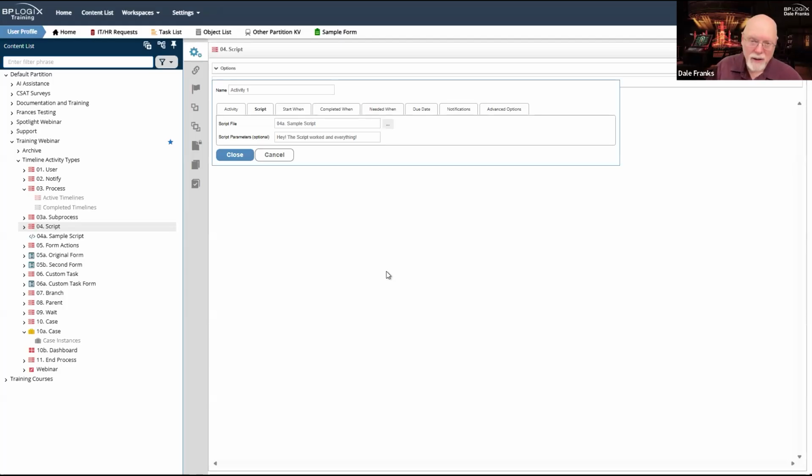It's very easy to configure. I've got to have a script in the content list. I do, the sample script. We'll look at it in a second. And as long as I have that script somewhere in the content list, and you might just have a scripts folder at the root level of your partition, just as you do for custom tasks and data sources and business values.